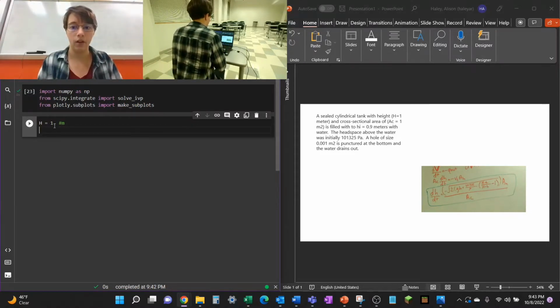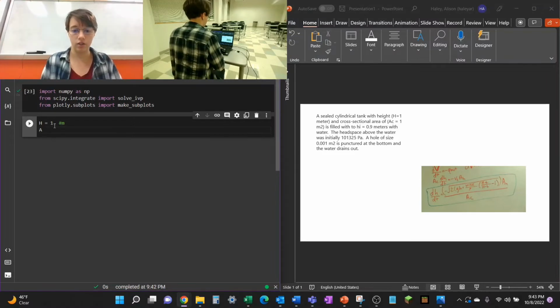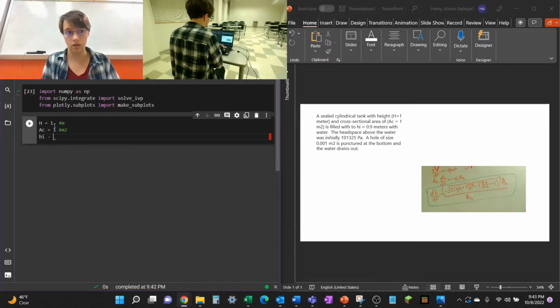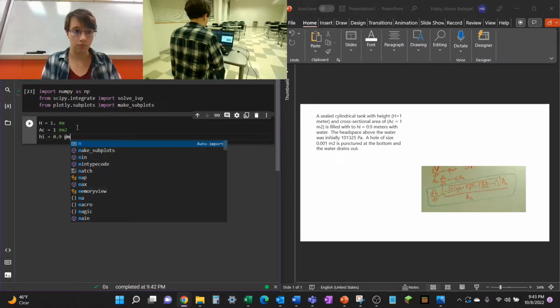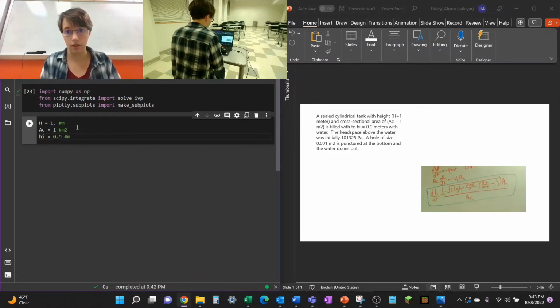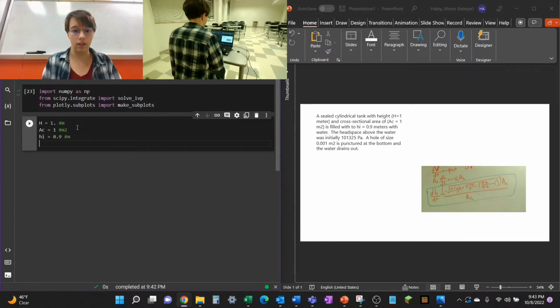Then the cross-sectional area of our container is 1 meter squared. The initial height of our liquid is 0.9 meters, and then our initial pressure is